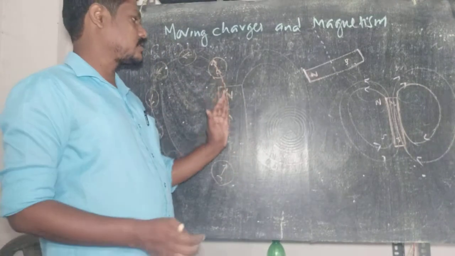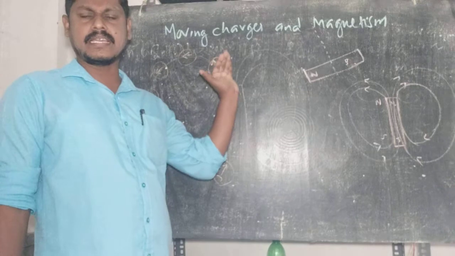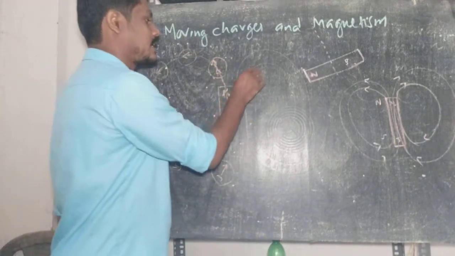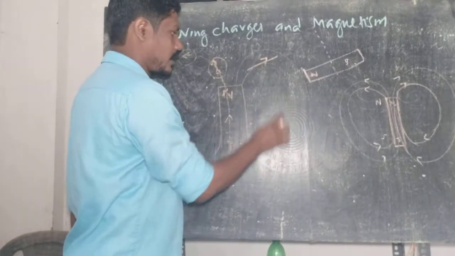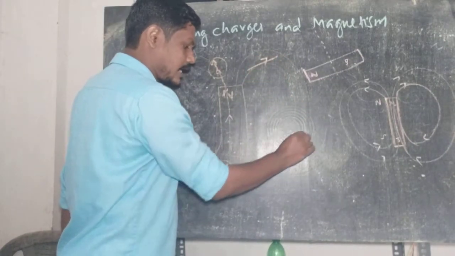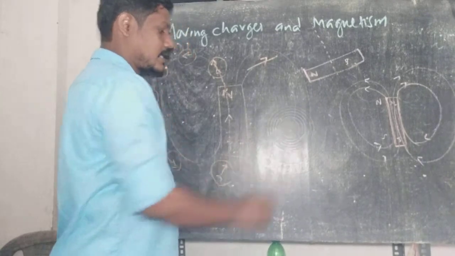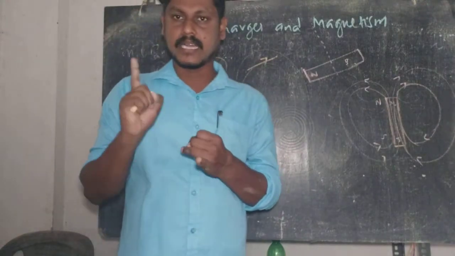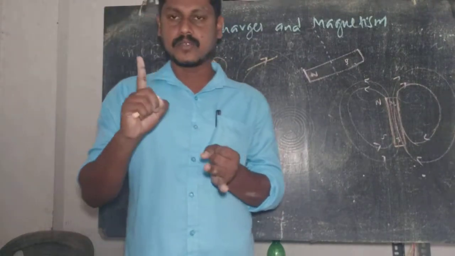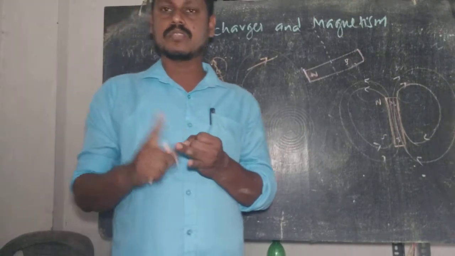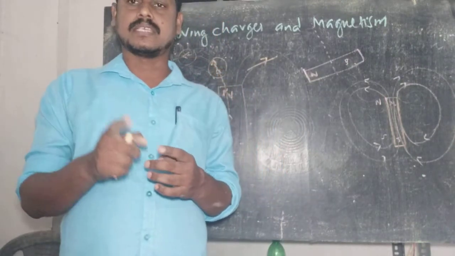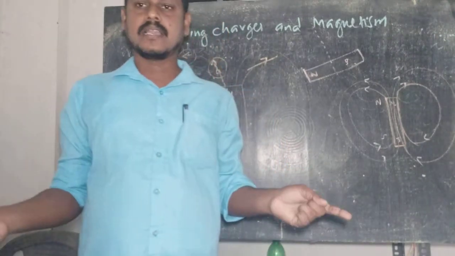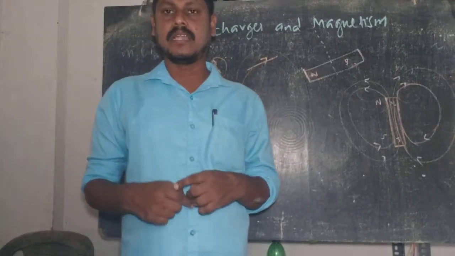So magnetic field lines are continuous and closed curves around a magnet, and they do not intersect. The direction of magnetic field at any space around this magnetic material can be obtained by drawing a tangent to the magnetic field line at that point. The tangent shows the direction of magnetic field intensity at that point. So magnetic field lines are continuous and closed curves. They show the direction north to south outside the magnet and south to north inside the magnet. No two magnetic field lines intersect, as they give the direction of magnetic field at the space.